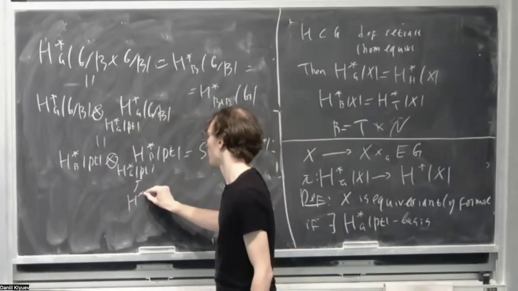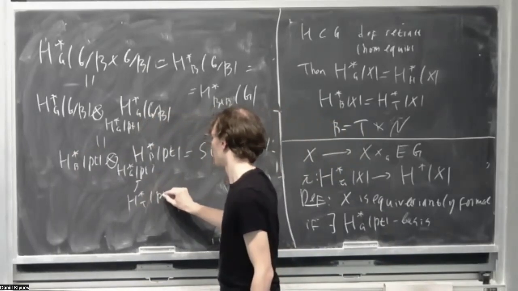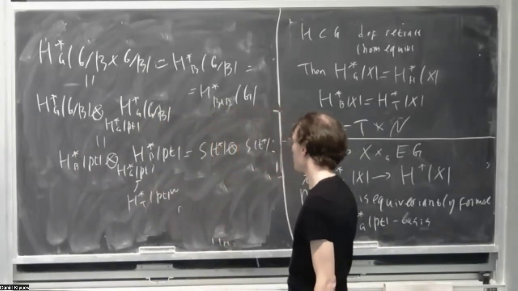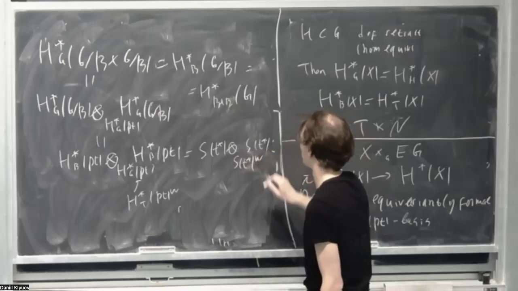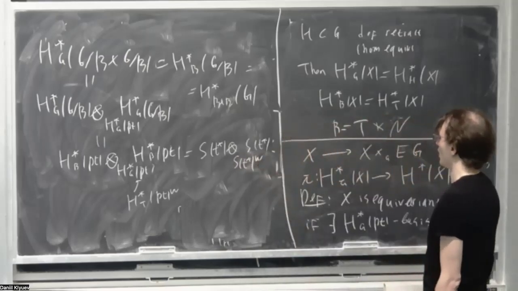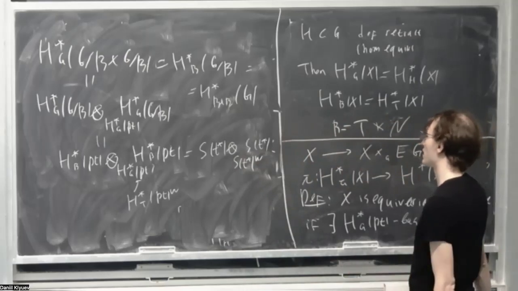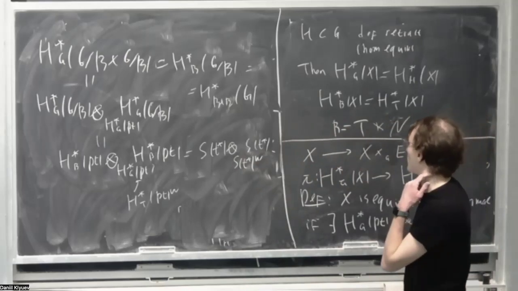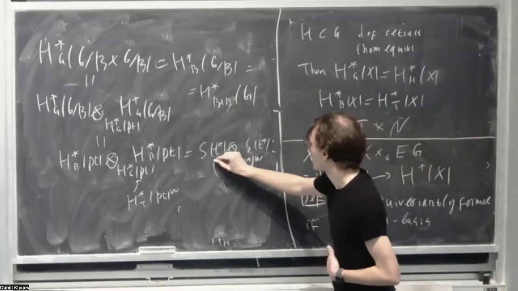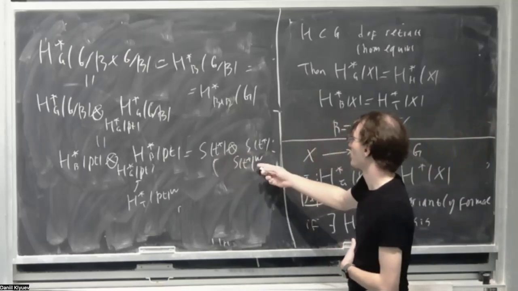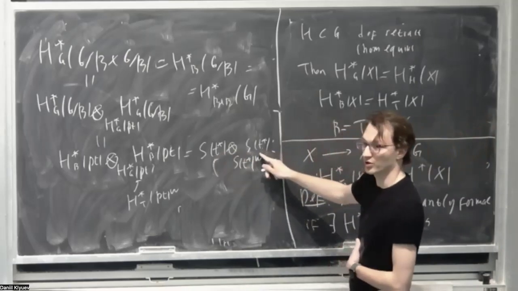This is W invariants of T homology, so this is S of T star W. Yeah, and it kind of makes sense. So over this algebra, this is a module of rank W because